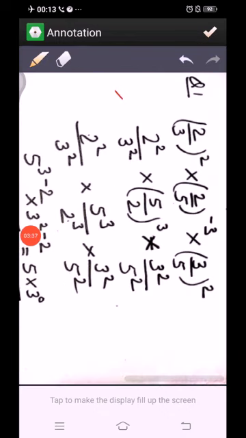Now let us take one question, that is question number 1. 2 by 3 its power 2 into 2 by 5 its power minus 3 into 3 by 5 power 2. Now we can see here bases are 2, 3 and 5. So first of all, here x upon y, its power m type it is. So we can say 2 power 2, this power 2 will be given to both 2 and 3. That is 2 power 2 and 3 power 2.